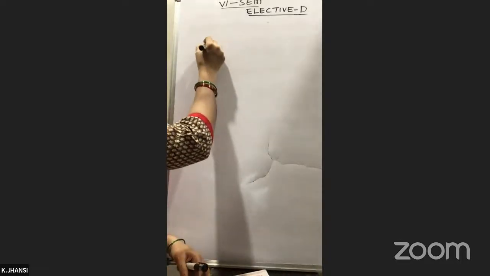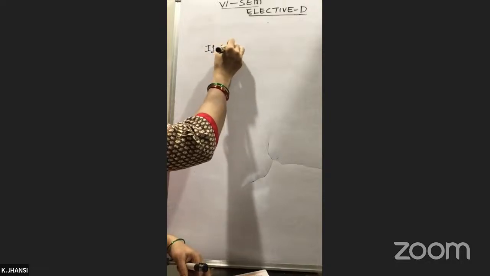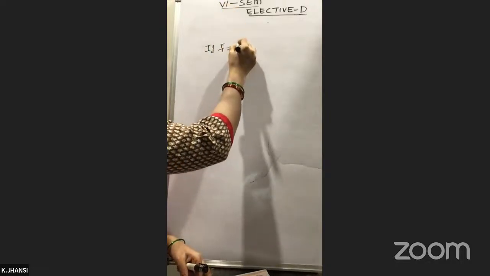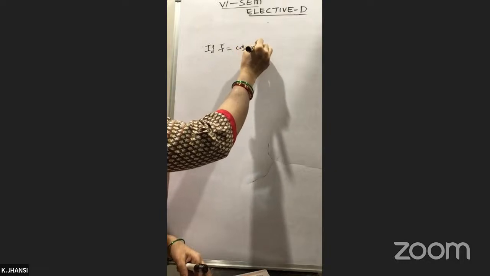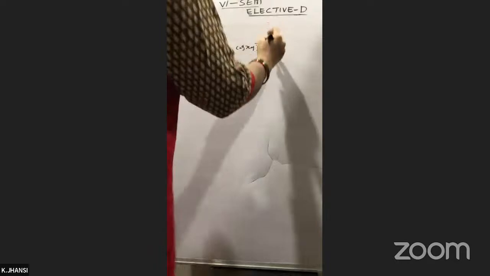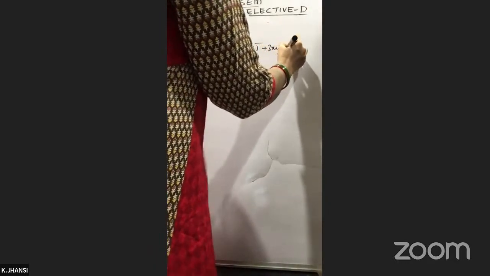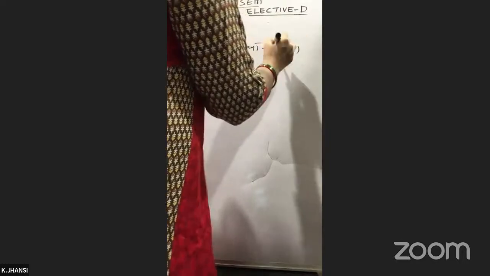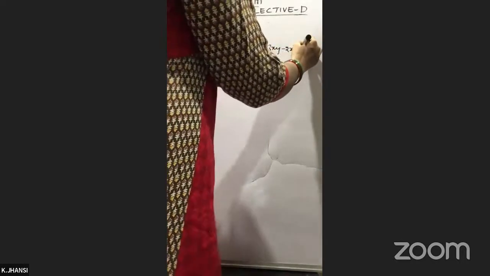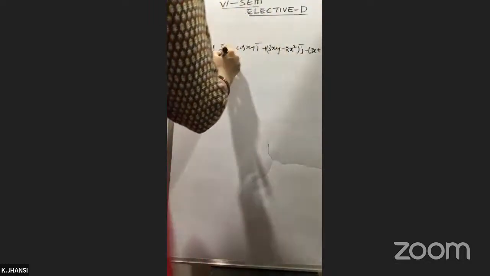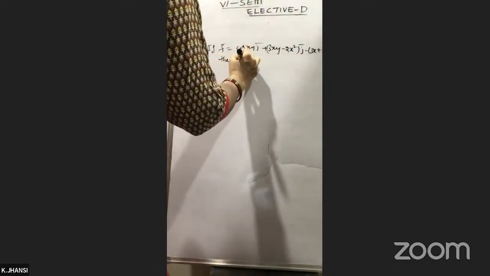That is, if any problem is given like this: if f is equal to cos xy plus 3xy minus 2x square into j minus 3x plus 2y into k. Then find